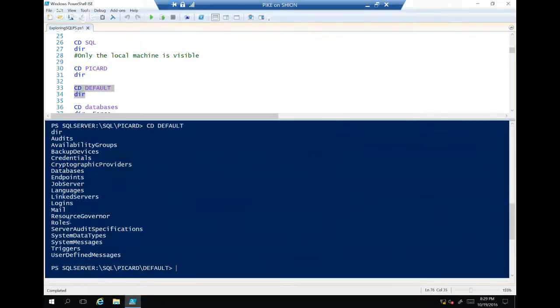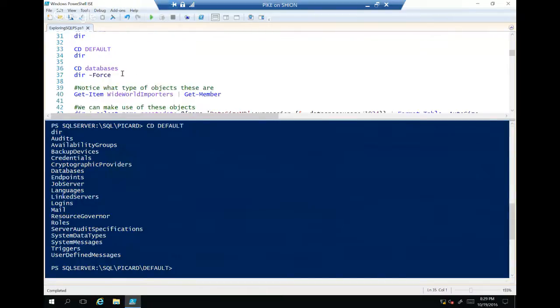The job server is a little weird. This is our SQL Agent, but it's there. So we have all these components that we're used to seeing in SQL Server, and it just shows up as a directory lookup. Let's go ahead and change directory into databases. Now, before I run the full directory with the dash force here,